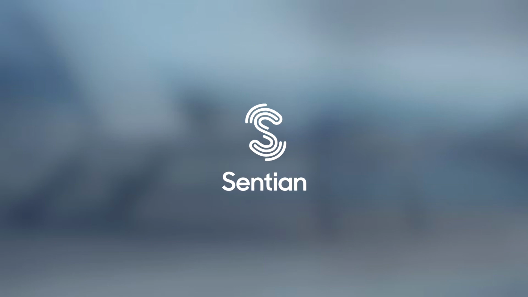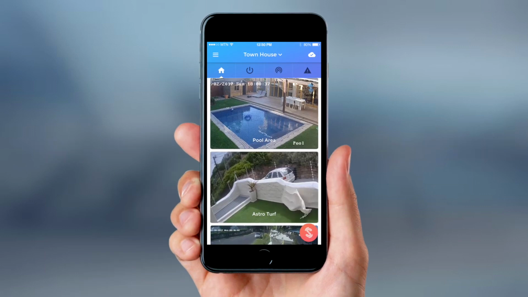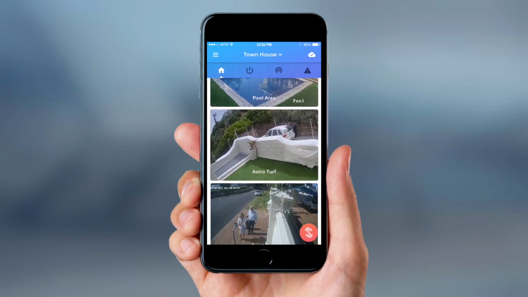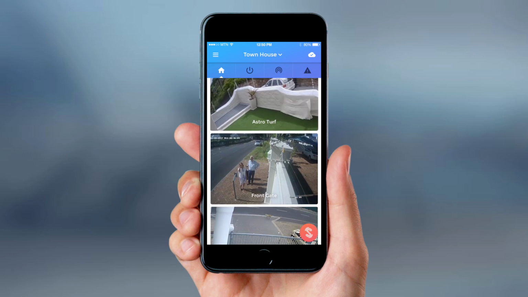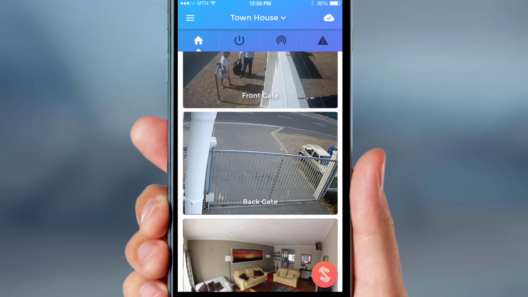Sentian's live and archive video playback features keep you in touch with your property at all times. The home screen of your Sentian app is focused on visual oversight, providing real-time images of all the cameras installed at your property at once. At any moment, you can visually monitor who is coming or going, who is on the property, and areas important